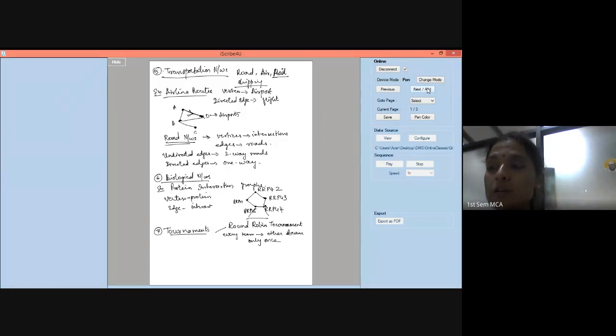Such tournaments can be modeled using directed graphs where each team is represented by a vertex. So a vertex represents a team, and (A, B) is an edge if team A beats team B. It is a simple directed graph containing no loops and no multiple directed edges. Loops and multiple directed edges are not there in the case of a round robin tournament.